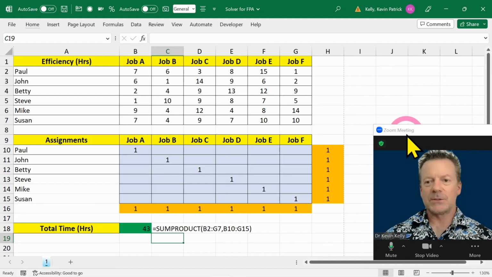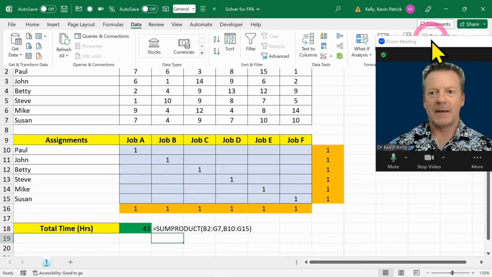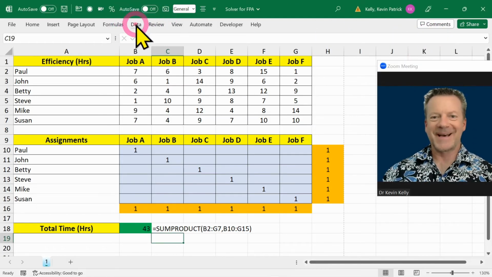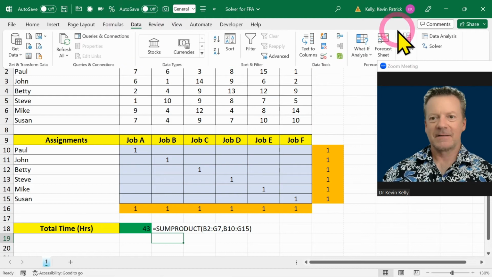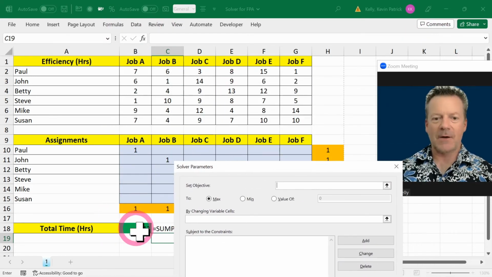Now we're going to jump into Solver and work the problem. So we're going to go up here to Data, and, oops, too high. Data and Solver. So we're going to set the objective. My objective is the total hours here. I'm going to click on that. And what I want to do is I want to minimize my hours. I want to do so by